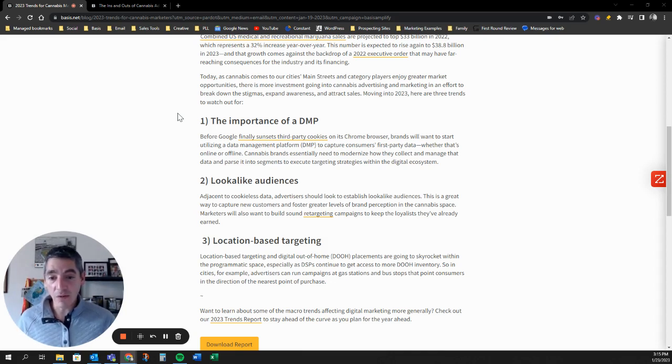When you think of digital out of home, don't just think of the big billboards that you may see when you're driving down the road. These screens are all over the place. They're in vets' offices, doctors' offices, convenience stores, grocery stores, all of these different places. It's really important that you understand the level of ability to target these areas, getting messaging to where we think your audience is at. It could be gas stations or bus stops. These are all areas where you can now get the information in the hands of people so that they know they may have a dispensary that's close to them.